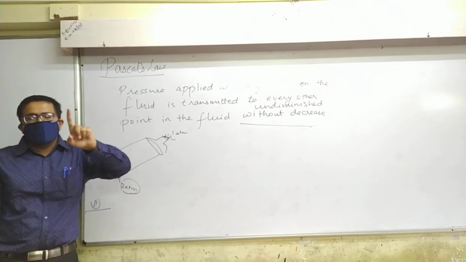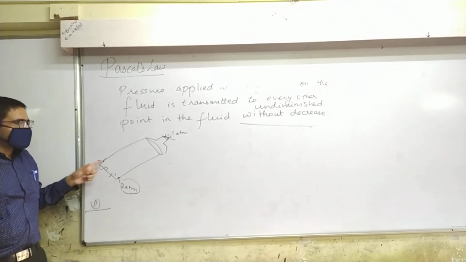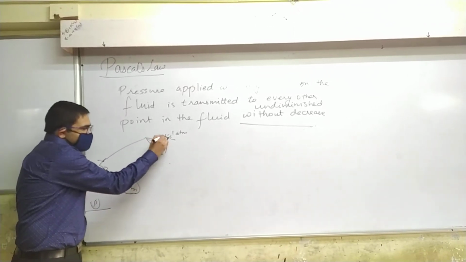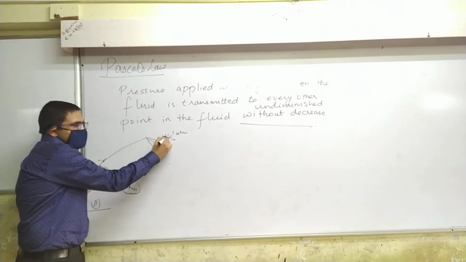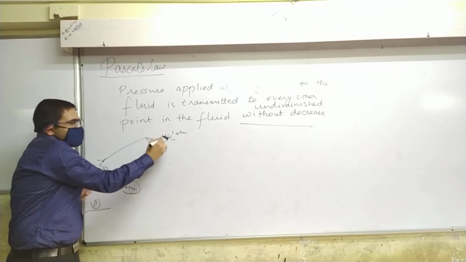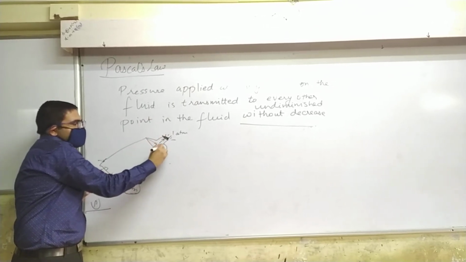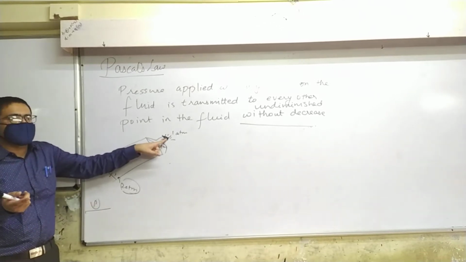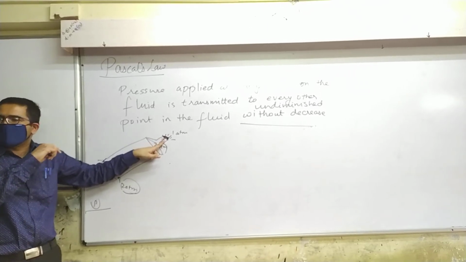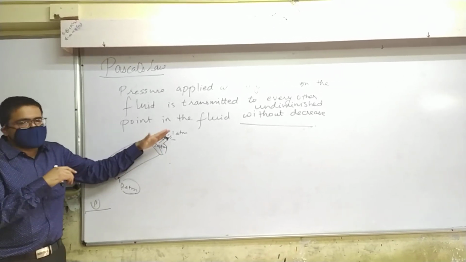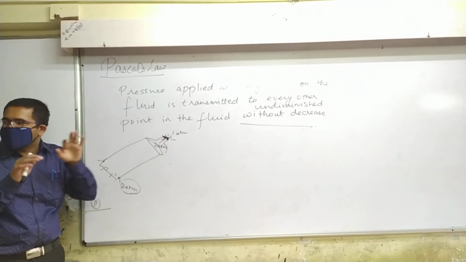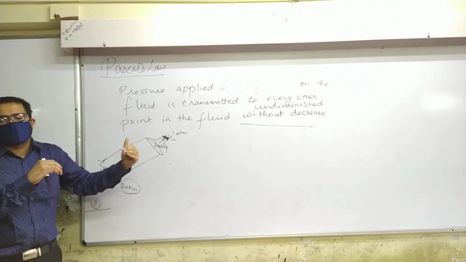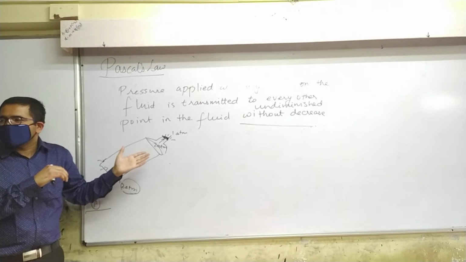Yes or no? Yes. That extra 1 atm gets transferred everywhere in this fluid. So it will get transferred here also. So at this point, let's say there is some toothpaste near the end. From here there is going to be 2 atm pressure. Why 2 atm? Because you applied 1 extra, and that is transferred to this point. So now if you consider the fate of this part of toothpaste, from inside 2 atm, from outside 1 atm. So obviously force from inside is going to be more and the force from outside is going to be less. Toothpaste doesn't have a choice now. It must come out. Got it?